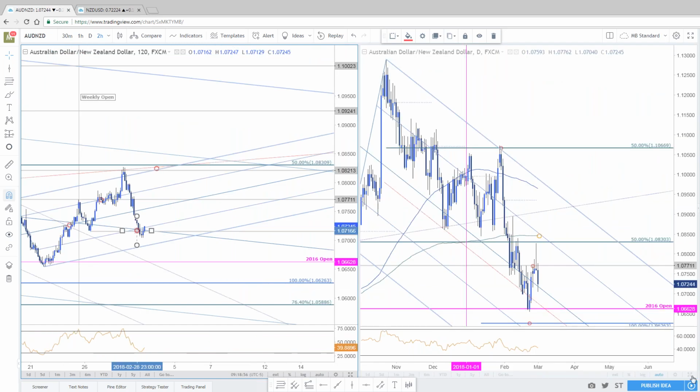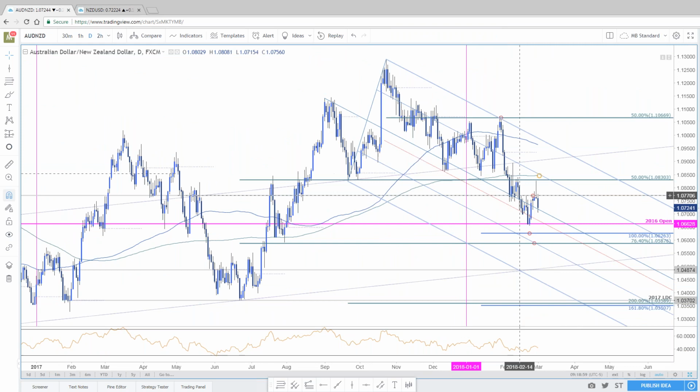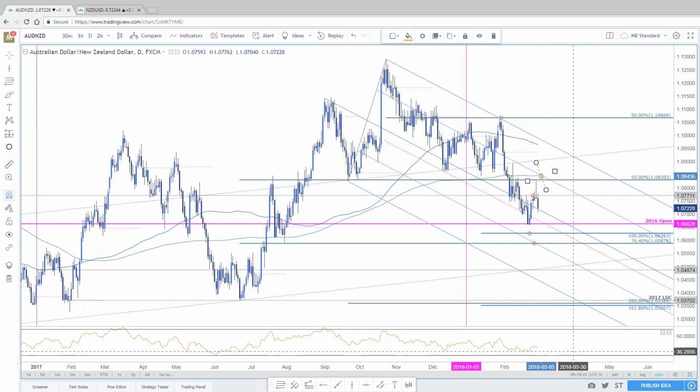Here's the daily chart. So if we came into the lower parallel, obviously you can submit this as a false break, the 2016 open, that big pivot, obviously making a nice rally to the upside. Wouldn't be surprised if we see a little bit more of a consolidation here, if not a stretch into that resistance region. And the reason I think that is because if this is corrective, it could be just a simple corrective move. You look for one more high to fade. Other than that, you're coming to a big region. Even from a momentum standpoint, failure at 40 here, unable to really make a push below.